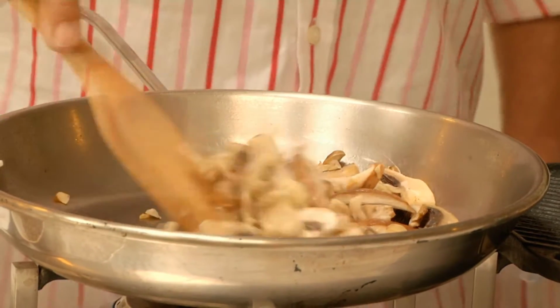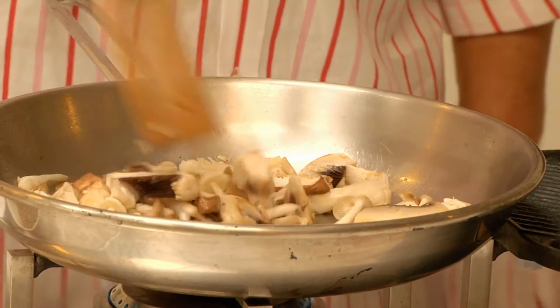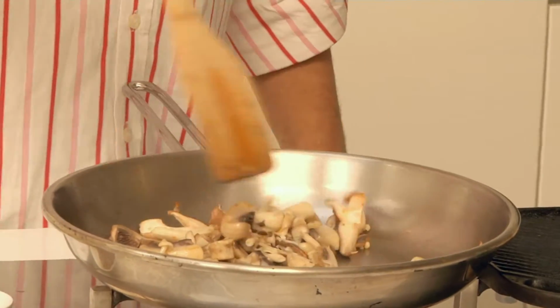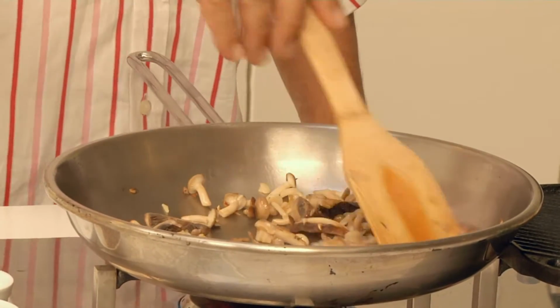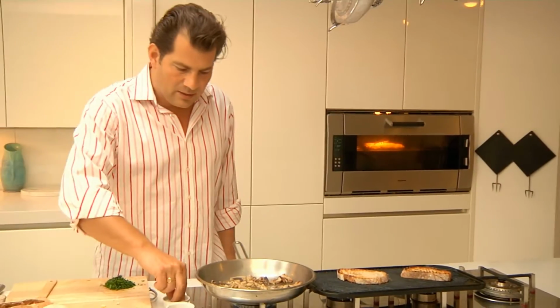You're always tempted to think you need more fat when you're frying mushrooms because they absorb all the olive oil and the butter, but you don't, because they start to get hot and start to cook. They give back the butter and the oil to the pan. Let them sit in the pan, get that lovely nutty brown colour, and then you start to move them. There you go, and you see they just lightly catch in the bottom of the pan. And it really makes a huge difference to the flavour if you just let them rest in the pan over the heat. And we just add a little bit of salt,